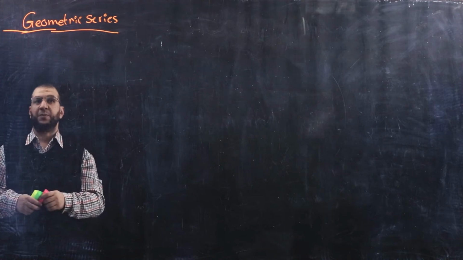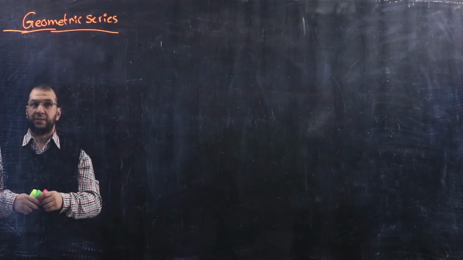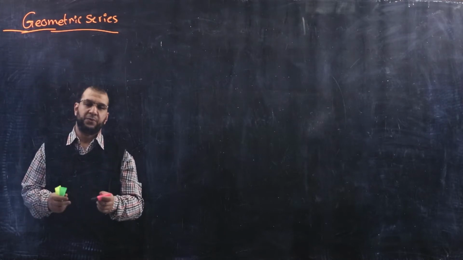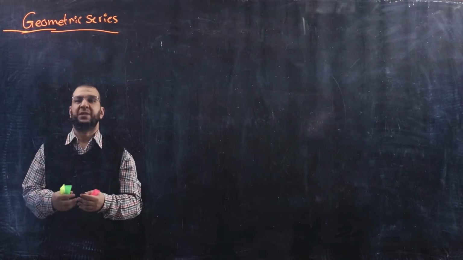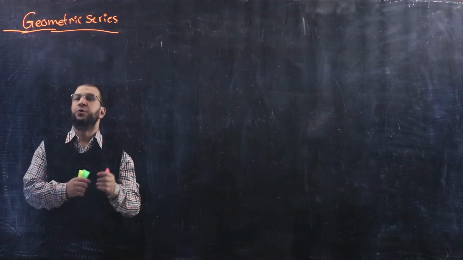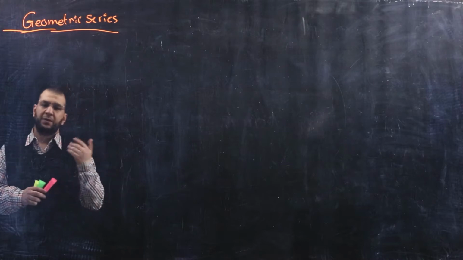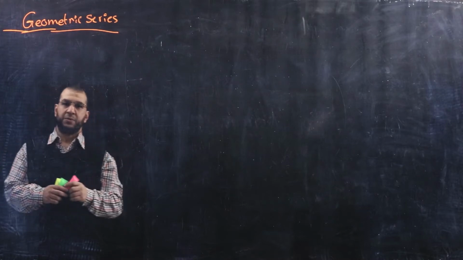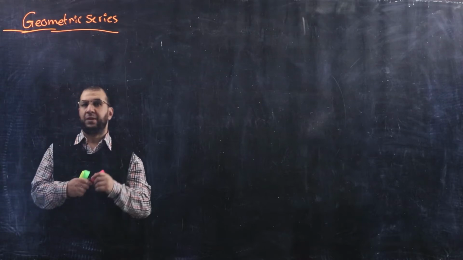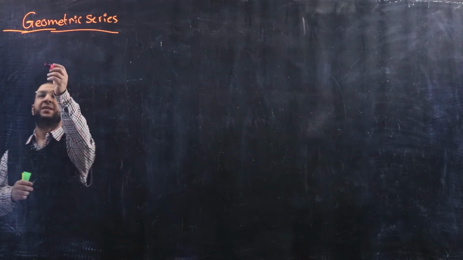Our objective from this lesson is to define geometric series and find their sum. First of all, we have to define what a geometric series is. The geometric series is the sum of terms of a geometric sequence, and we studied geometric sequences before. So, if I have a geometric sequence,